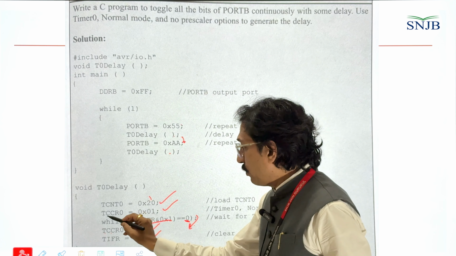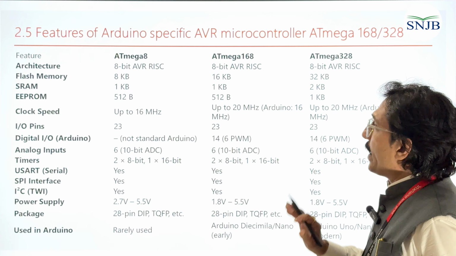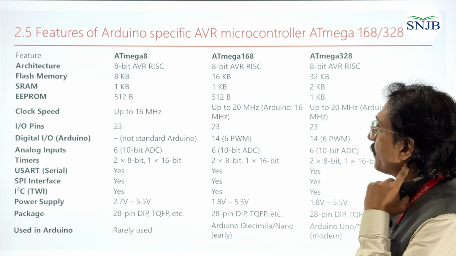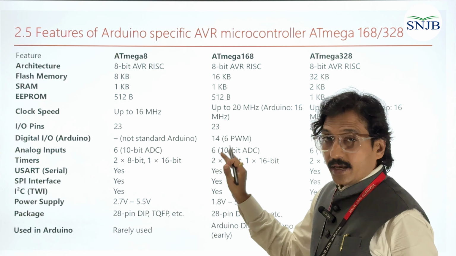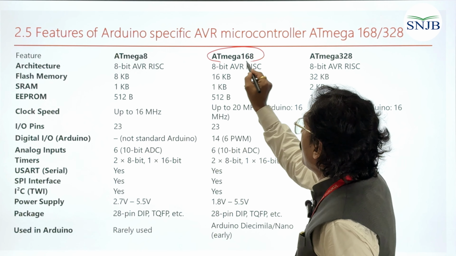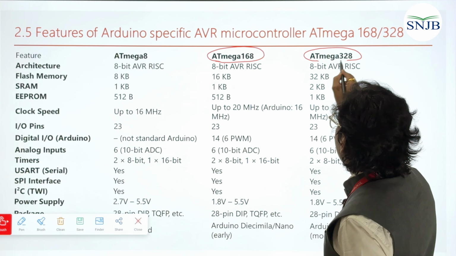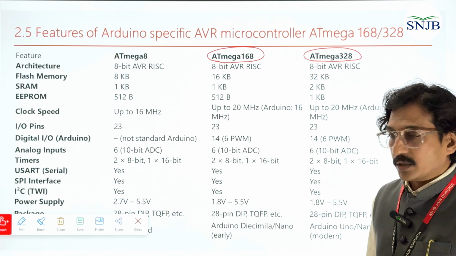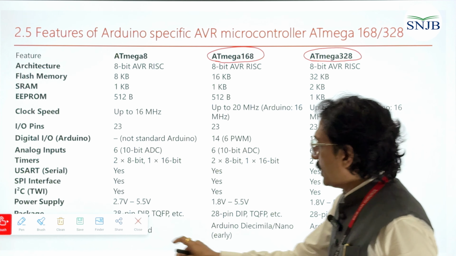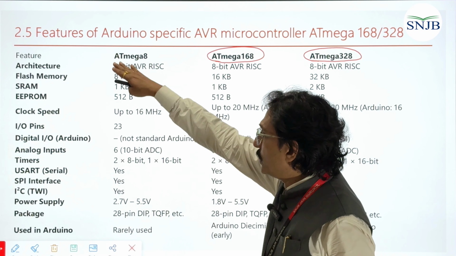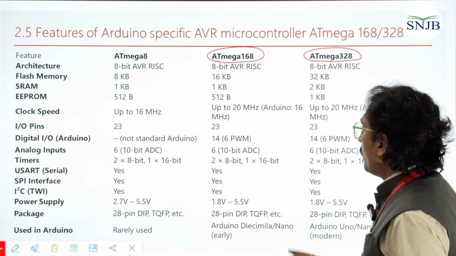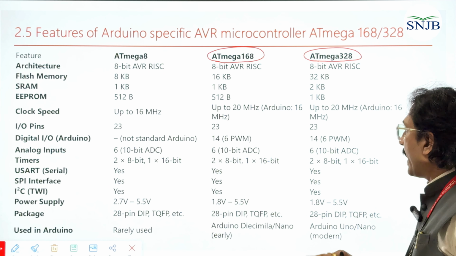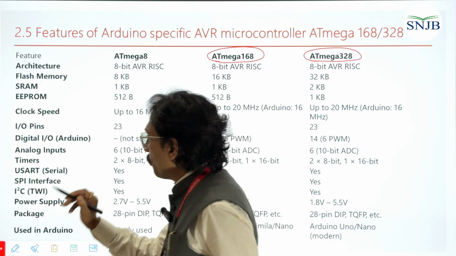So up till now, whatever we have done is related to the programming, timers programming, and all the programming related to the AVR. Now only the last topic is remaining, that is 2.5, where we are comparing specifically the ATmega 168 and ATmega 328, these two microcontrollers. So in a comparison, if you see, you get confused about all these parameters, that what is this. So it is very simple to understand